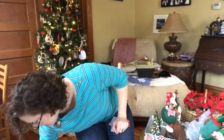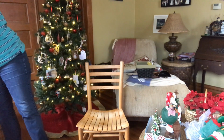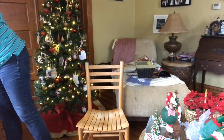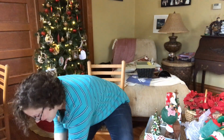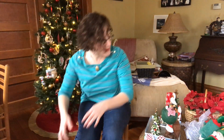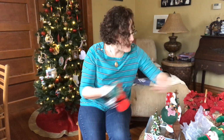So I think I'm gonna start putting all of the, let's see, pajamas, hold on, socks, all of that is sitting over here, off to the side. So let's put this stuff down in here as well. And the nice thing about these clear totes is that it's pretty easy to find things. Okay, I do have some little stockings,